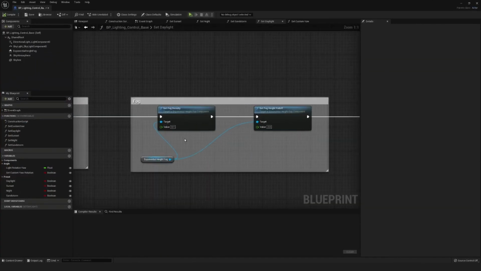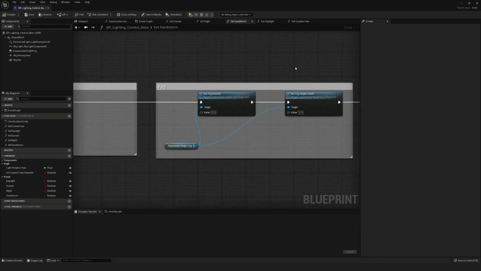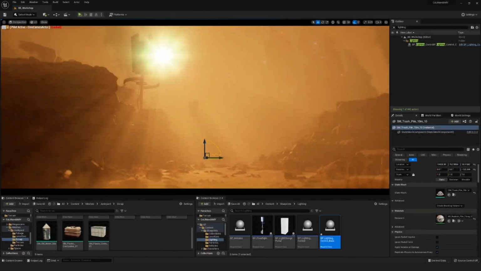So that's another component. I like to play around with the density and also the fog height falloff, which sort of affects the height of the volumetric fog. So if I were to go to my sandstorm one over here, then I'm just going to drag the blueprint to the other screen and change the height falloff value. So say if I change it to something like 1 and compile my blueprint, you're not going to see too much difference because of how foggy it is. But if I change it to 0.2, which is the default,